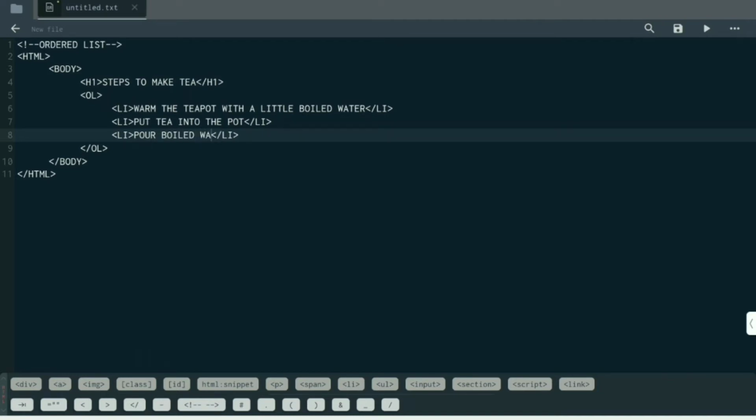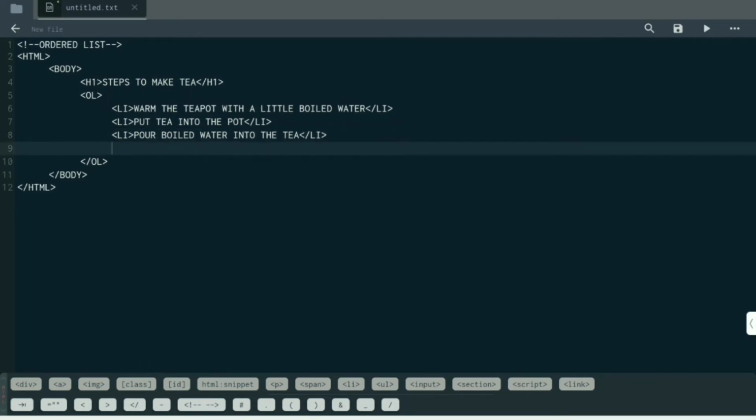After writing this program, you will see how to use type and start attribute with the OL tag. Third step, pour boiled water into the tea.